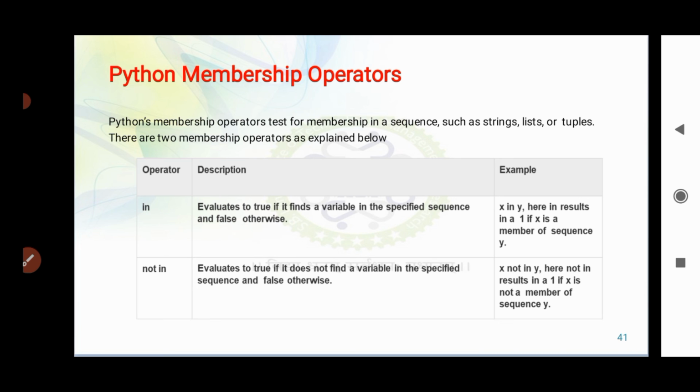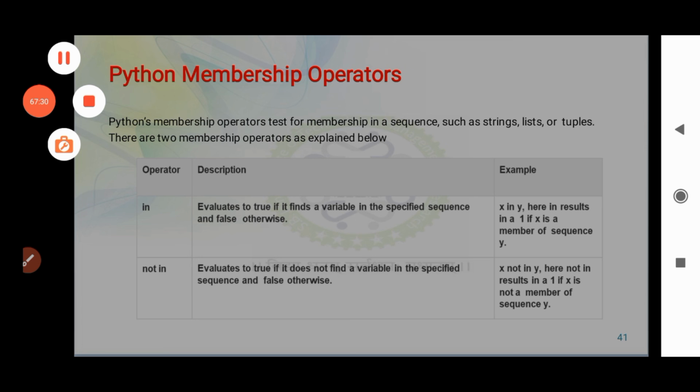Here, not in results in a 1 if X is not a member of sequence Y. So in and not in membership operators are applicable in the case of sequences, strings, lists or tuples, not for other things.